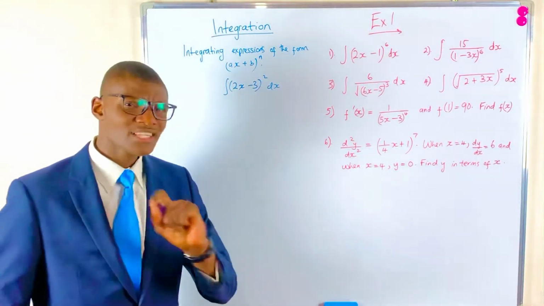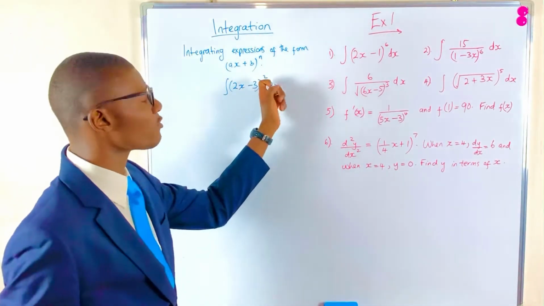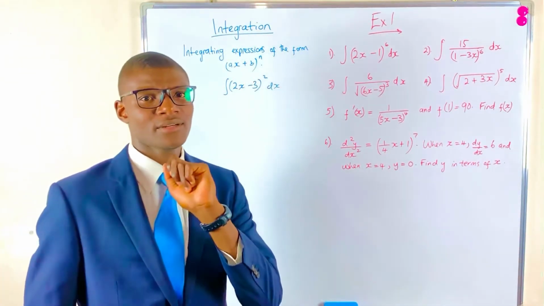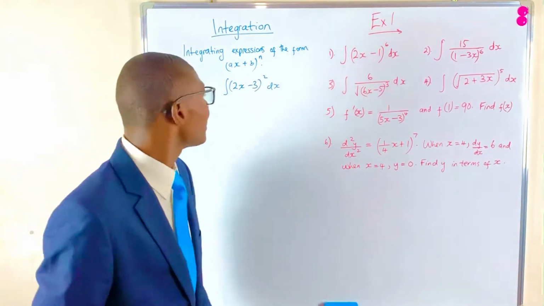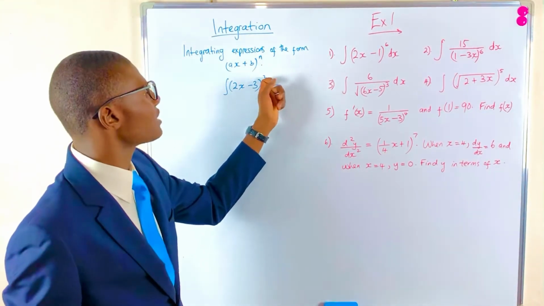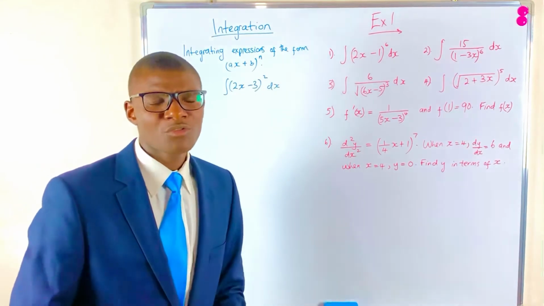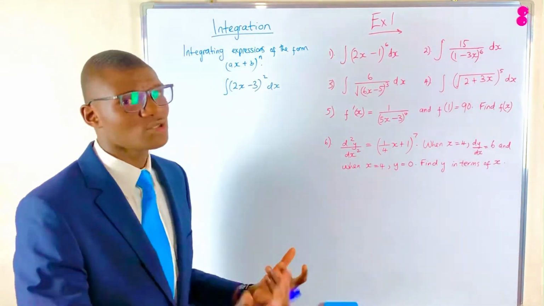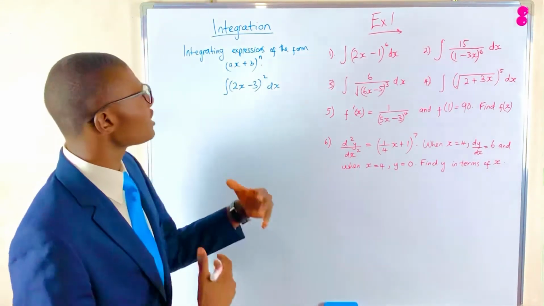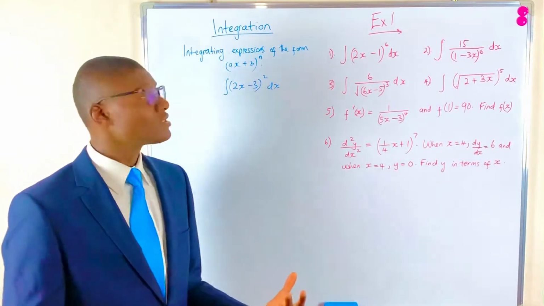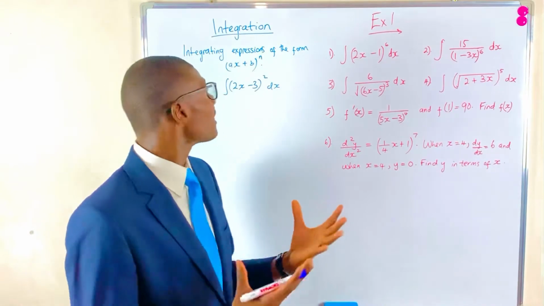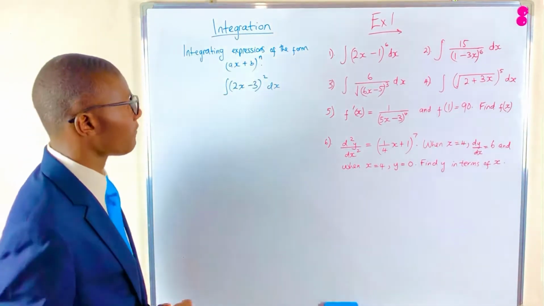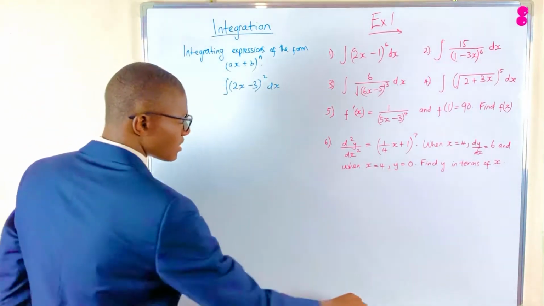But now there are situations whereby this power of n can be negative. Say it's now minus 2. Or even a bigger number, say we've got to the power of 4. You figure out that trying to expand it will take time. So there's a shorter form that we use when we need to integrate linear functions that are raised to the power of n. So the result that we use is that we say